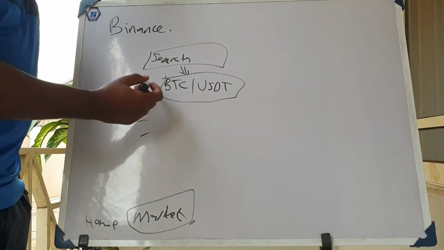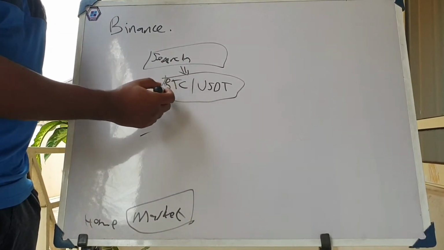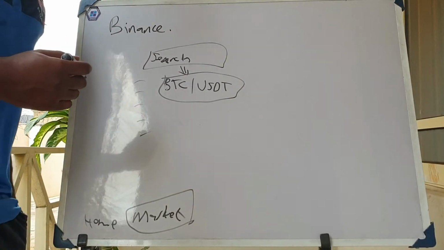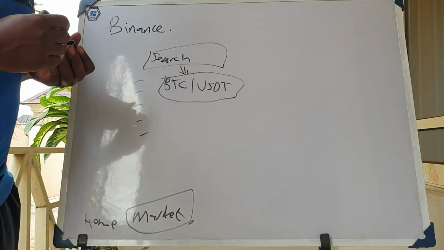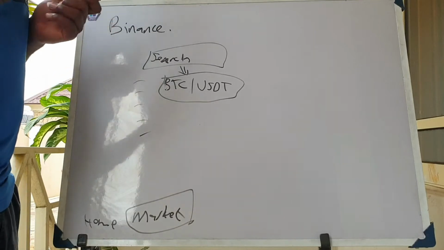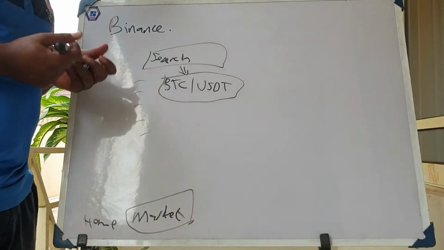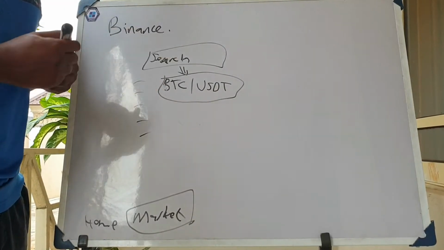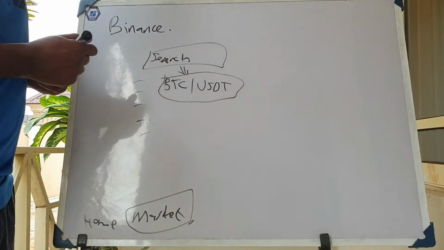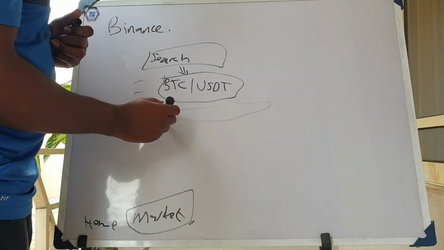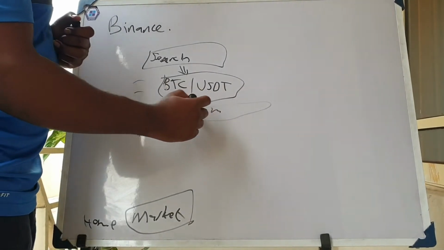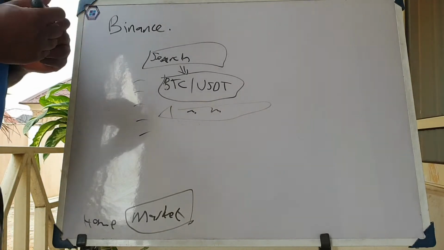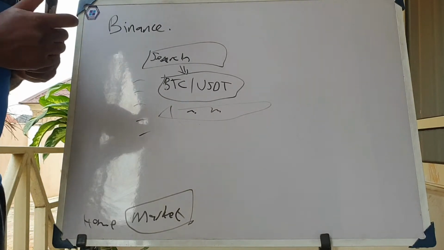Once you have done this, if not BTC USDT, you can also search for any other coin that interests you. You can look for SLP, BNB, whatever coin it is that you're looking for. Once you click on it, you see what the chart looks like. On top, you see the different time frames: 1 day, 1 month, 3 weeks, and the rest of them. Ideally, on that chart, you have different candlesticks,